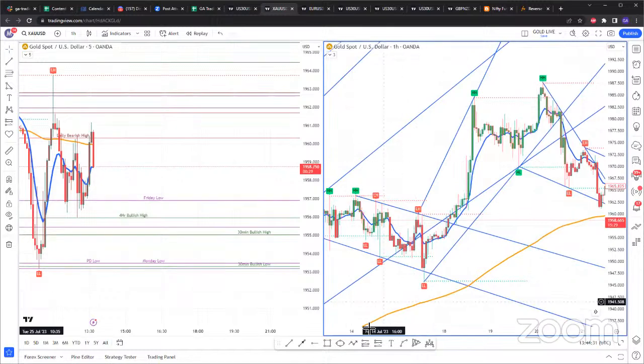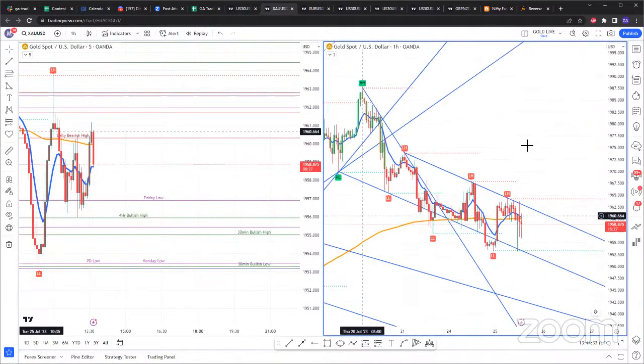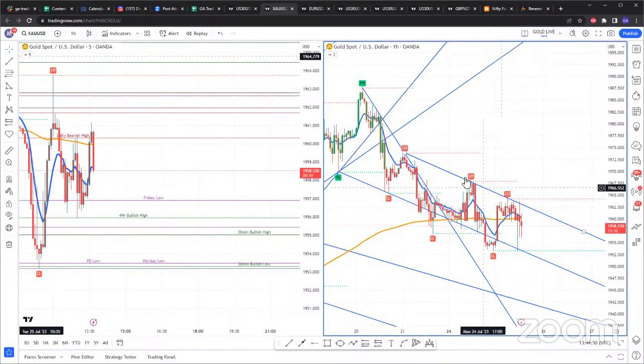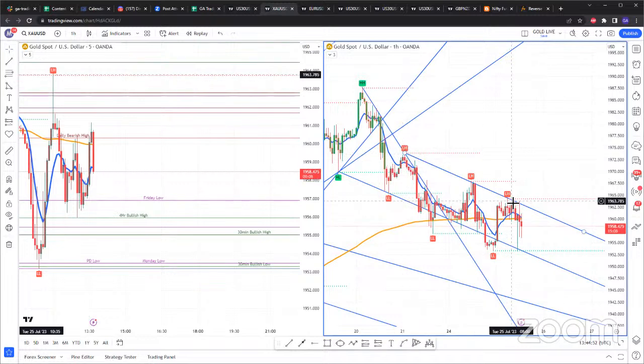Now, yesterday when I was analyzing and also looking at the hourly time frame, you can see gold is trapped between this trend line to the upside from this lower high, touching this lower high and this lower high, right? So rarely will we get static trend lines like this that connect points of structure, like three consecutive points of structure. Sometimes you'll be able to connect the first and the third, or only the first and the second. Like for example, this bottom trend line, I had only connected the first and the second before price reacted from